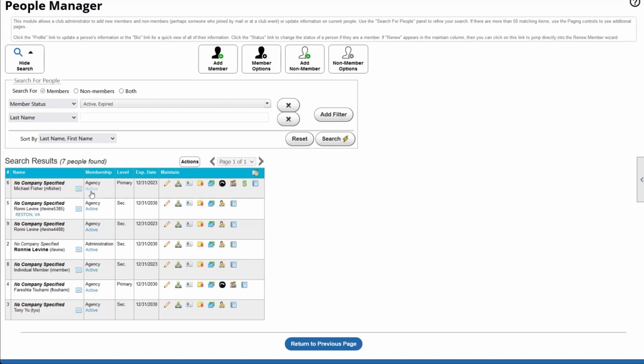This icon here, this is one that some organizations get a lot of use out of and some don't. This is our notes icon. This is where we can keep notes on members, and these are admin only notes. So if we need to take a note about a member that we don't need other people to get access to, we can take that note here. So if Michael Fisher is really mean,